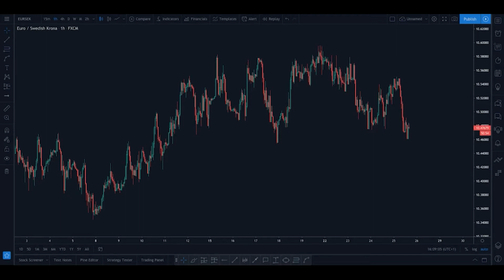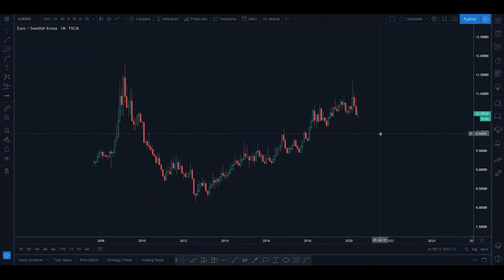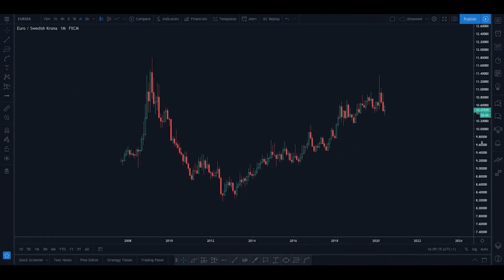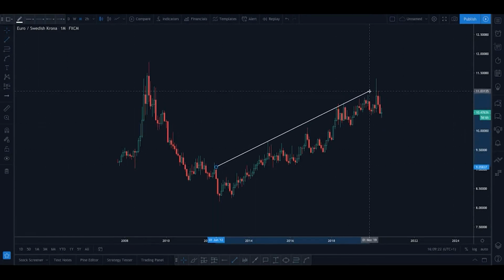So without further ado, we'll get right into the video. What I want to actually do is head to the higher time frames. I'll head to the monthly time frame and start drawing in key levels of structure. That looks a bit weird on the numbers on the right hand side, but what I'm going to do right now is just draw in structure